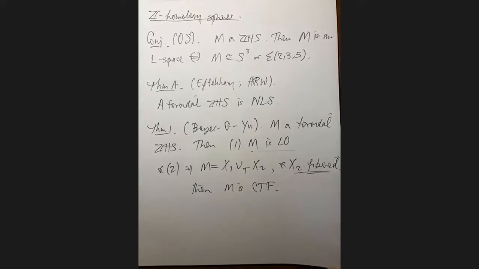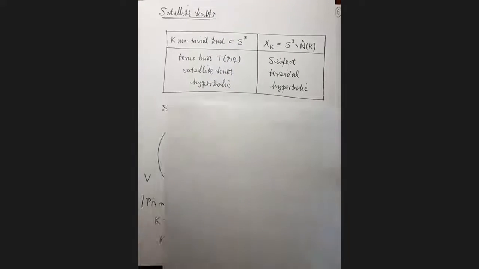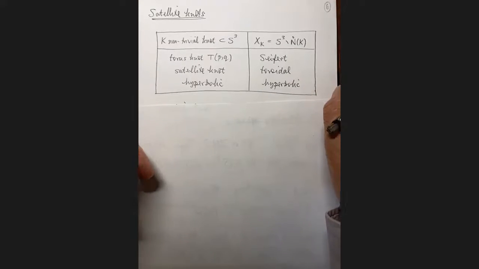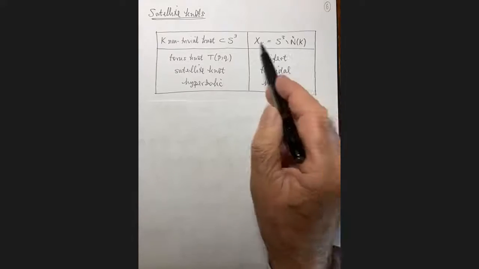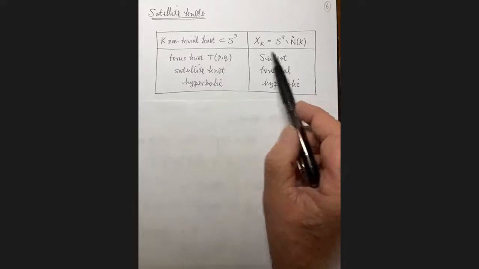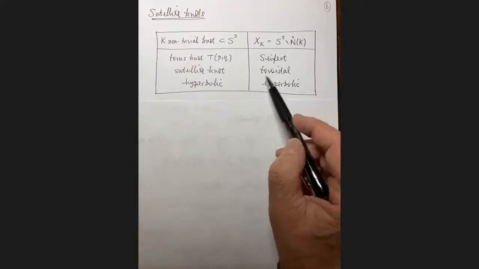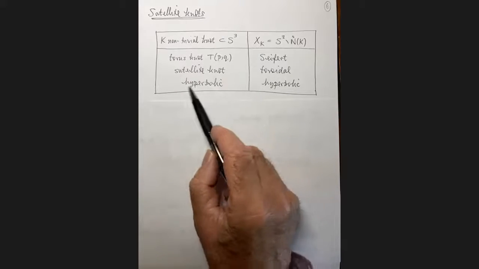Another situation where incompressible tori arise is when you take branched covers of satellite knots. So let me again briefly talk about satellite knots. And again, I know Jessica talked about these yesterday, but suppose you've got a non-trivial knot K in S3, then according to the sort of geometric type of its exterior, you have these three classes of knots. The exterior is either Seifert fibered, in which case you're a torus knot, or it's toroidal, it contains an essential torus, in which case you're a satellite knot, or it's hyperbolic, in which case you're a hyperbolic knot.